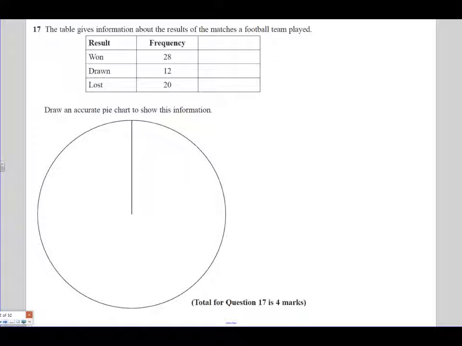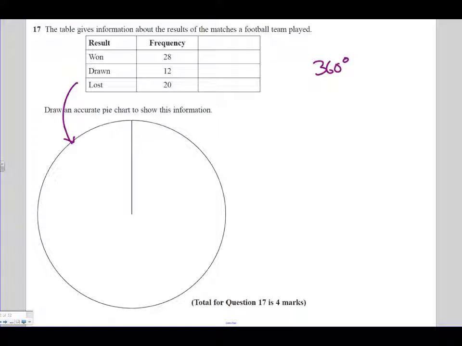Question 17. The table gives information about the results of the matches of a football team that have played. They've either won, drawn or lost games. Draw an accurate pie chart to show this information. Well, when you're drawing a pie chart, you're dealing with 360 degrees, and whatever you've got has to go into